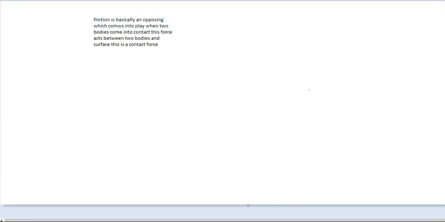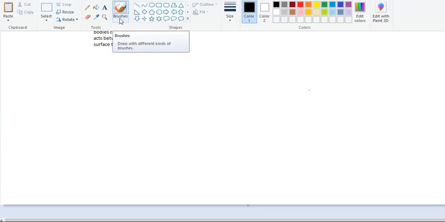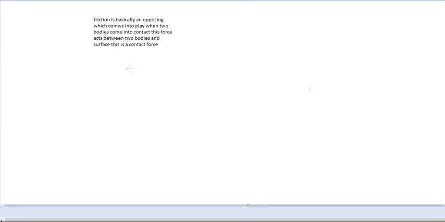So let's go for it. We know that according to Newton's first law of motion, for example, this is a box of mass m, and now the state of this box is rest. According to Newton's first law, every body continues in its state of rest or uniform motion unless it is acted on by some external force. For example, I have applied a force F here,